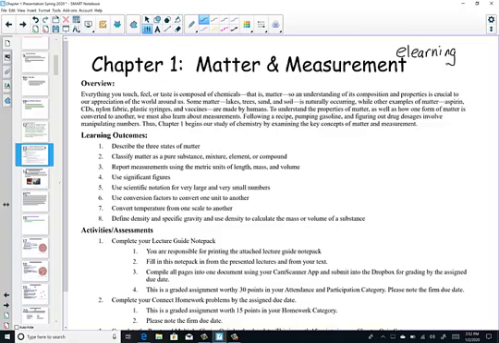Its composition and properties is crucial to our appreciation of the world around us. So it just kind of gives you an idea that an understanding of matter is critical to understanding how matter changes from one form to another, which really is the heart of all chemistry. We begin that journey by understanding measurements. To follow a recipe, to pump gasoline, or to figure out drug dosages, it all involves manipulating